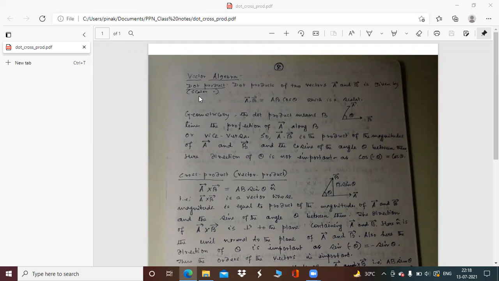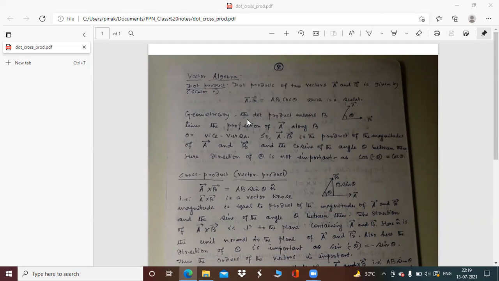So in this lecture, we'll be trying to have some recap of vector algebra. Now, in vector algebra, we'll be first starting with the dot product between two vectors. So here you consider this figure. There are two vectors, a bar and b bar, with an angle theta between them. Then the dot product, which is also called a scalar product, between the vectors a bar and b bar is given by a bar dot b bar is equal to a b cos theta, and obviously it is a scalar quantity.